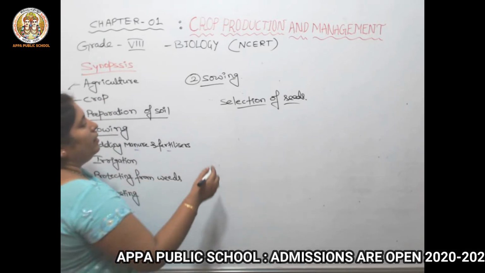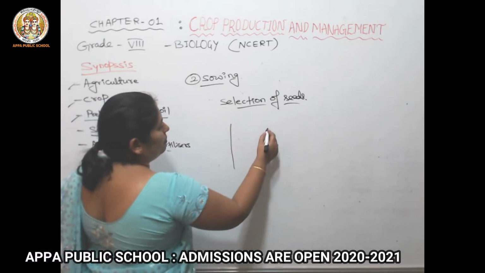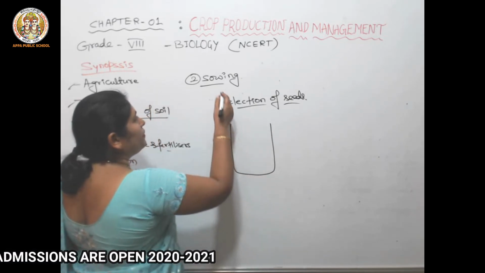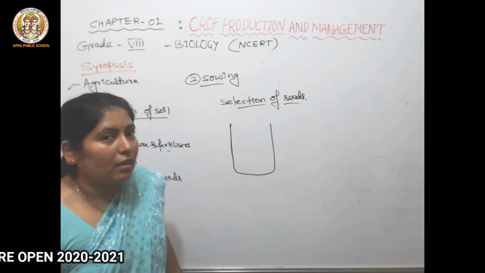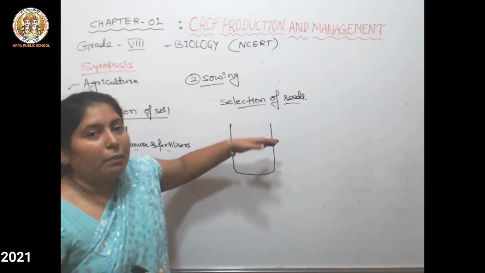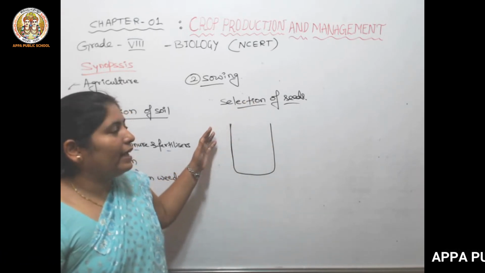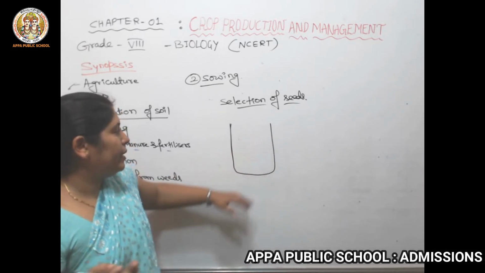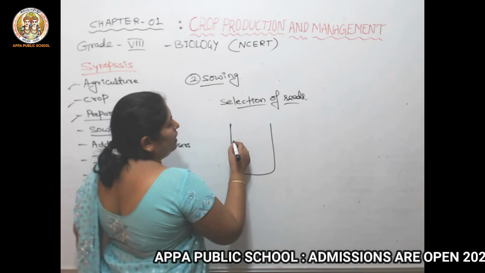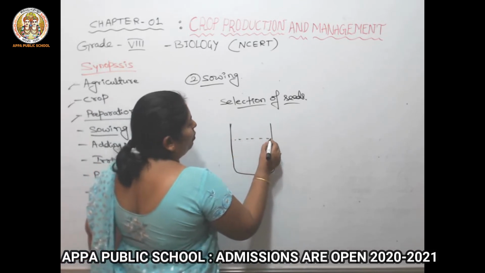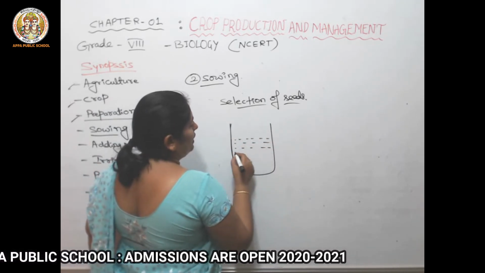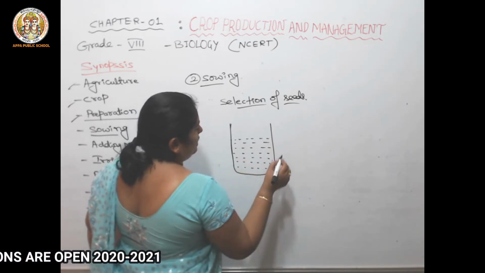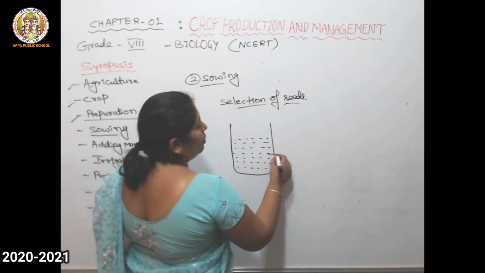First of all, take a beaker or a big container, depending upon the amount of the seeds which you have selected for the activity to do that, whether they are healthy or unhealthy. So take a beaker, it is a laboratory method I am explaining to you. Take a beaker, okay, and fill it with more than half water, right? Fill the beaker around more than half or 60% with the water,